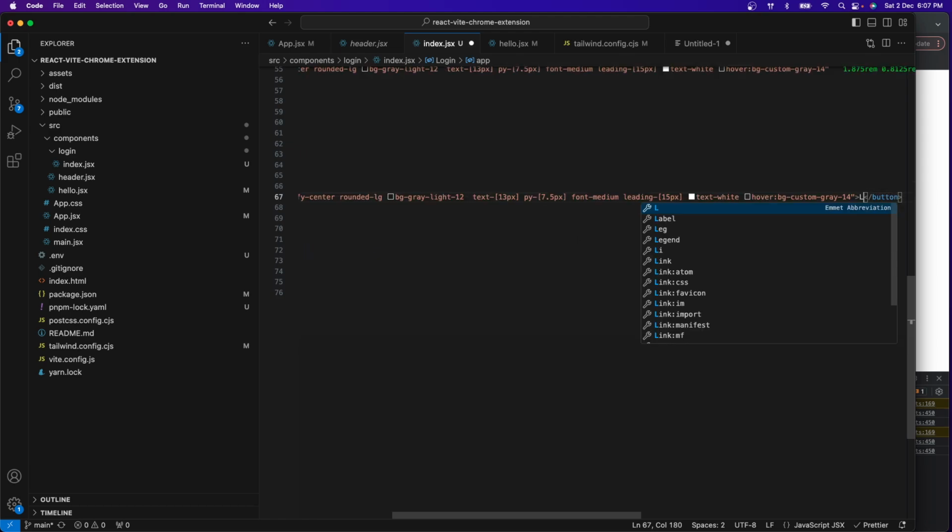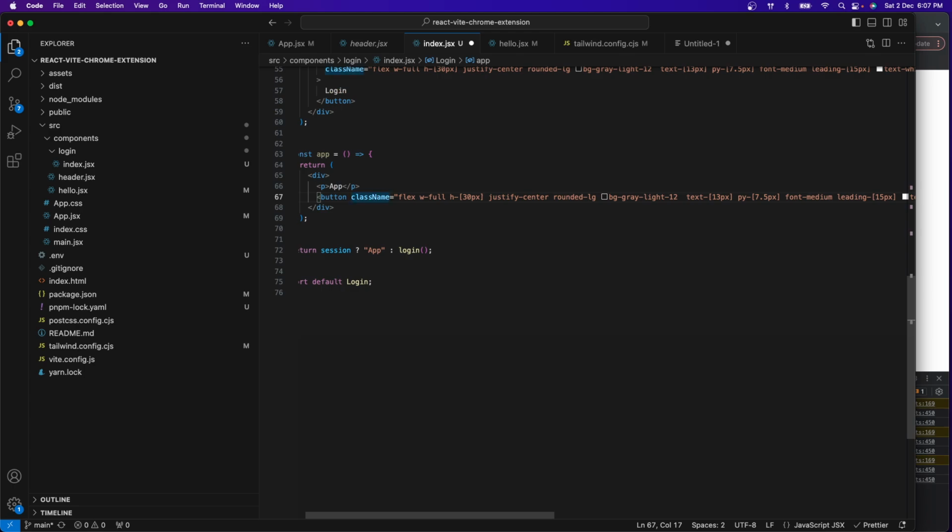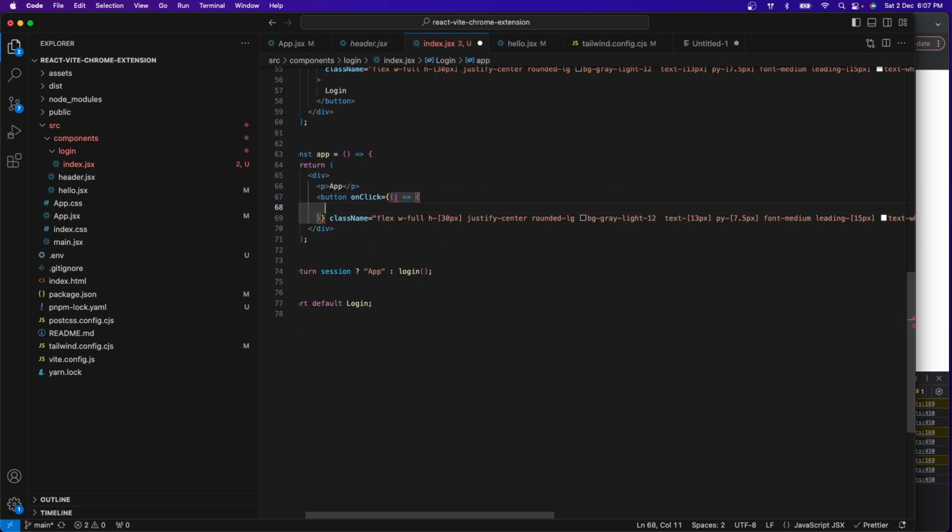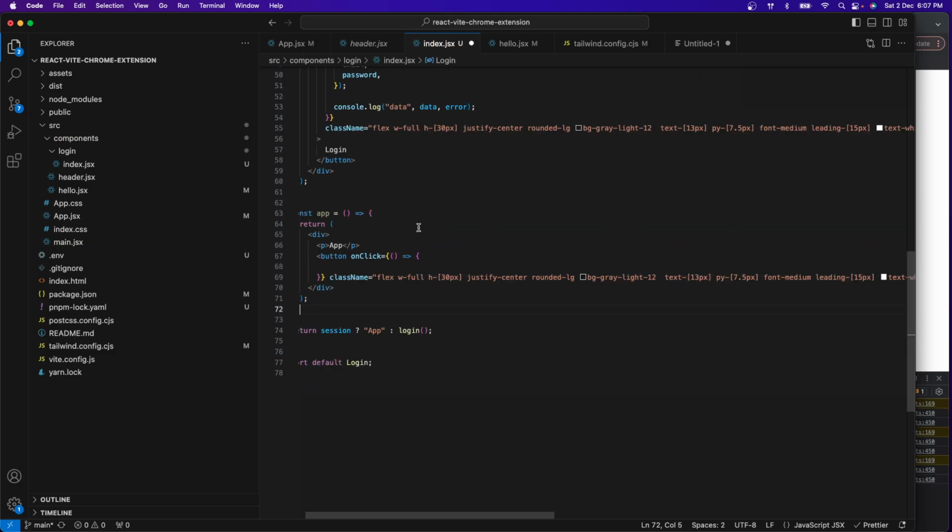says log out, and then on click of this button. So on click, what I'm going to do is,